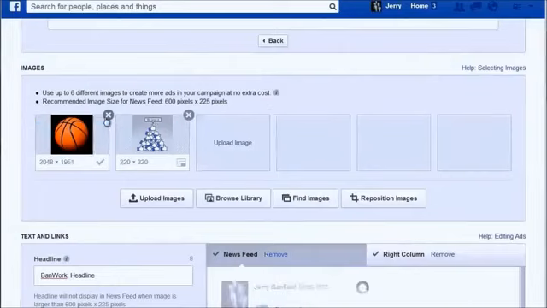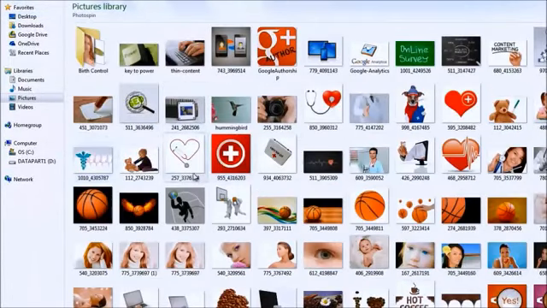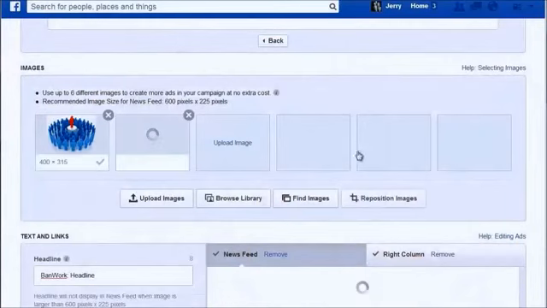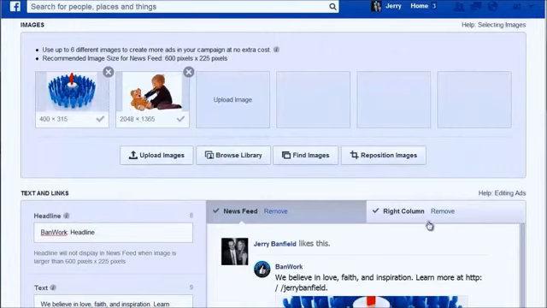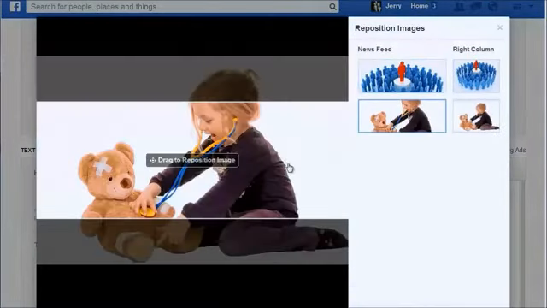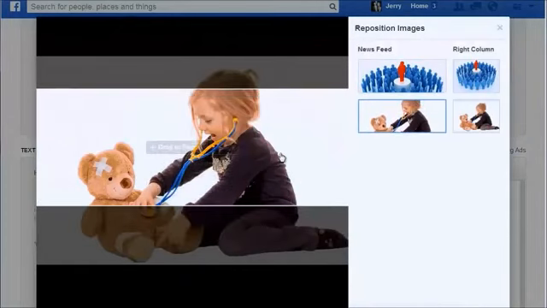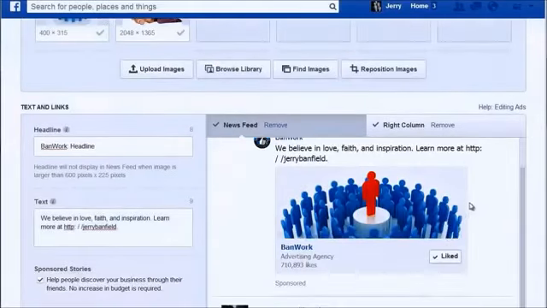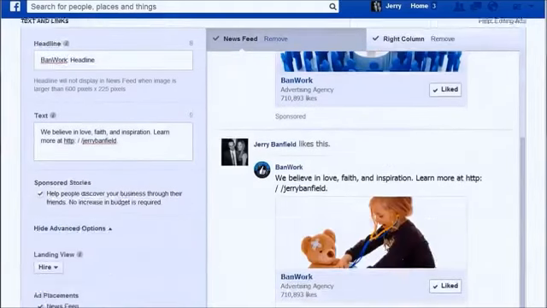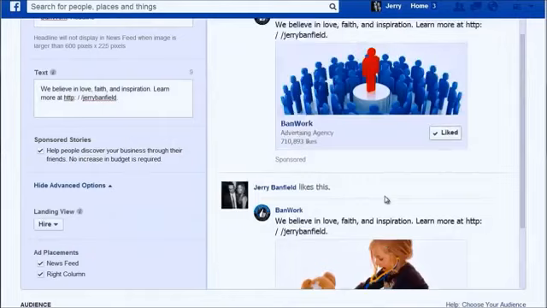Say none of these images are very good. Now I want to pick another image. I'll pick these images because I like them. I'll upload these images. And now I remove those other images I had before. I can reposition my images here, and now I've got images, say, I like better. You can do this with up to 6 images at a time,